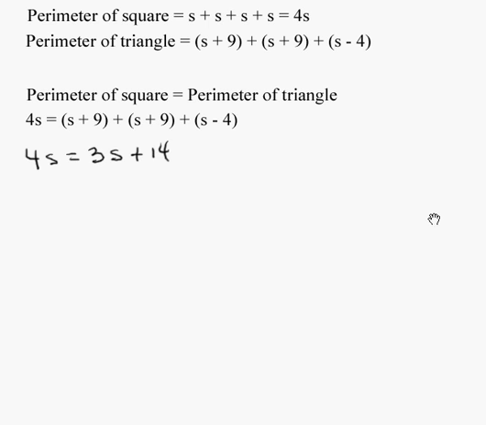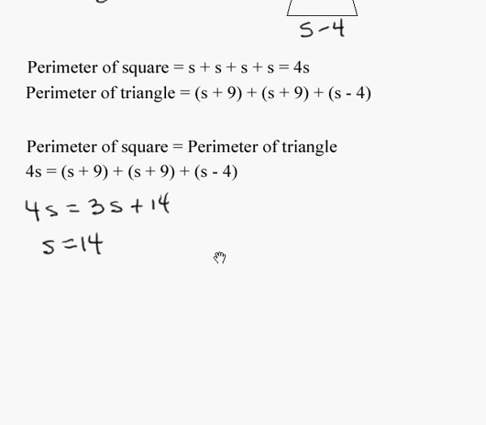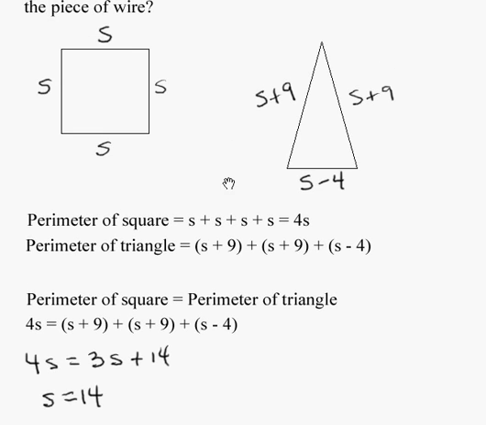So now it's just a matter of simplifying. S plus S plus S is 3S. 9 plus 9 is 18, minus 4 is 14. Let's get all the S's together. So I'm going to subtract 3S from both sides. 1S is 14. We've solved the equation, but let's go back and read the problem again to see if we